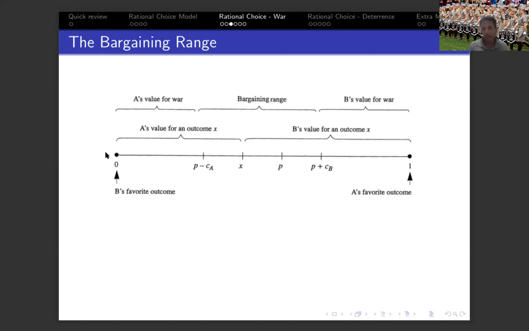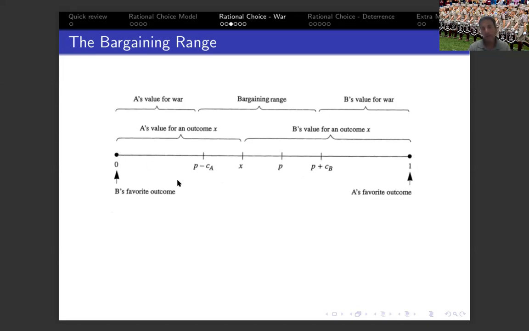So now he uses some very basic math and explanations about the utility of the actors in order to explain those other points on this interval. If it makes it easier for you to understand it, you can think about this interval as a territory, a disputed territory. On the one side, you have country A, and country A will be here because this is its favorite outcome. So if country A gets its favorite outcome, country A will get all the territory. It's going to be here. On the other hand, you have country B. Country B is going to be here. And if country B gets its favorite outcome, it's going to get all the territory. Okay, that might make it a little bit simpler.